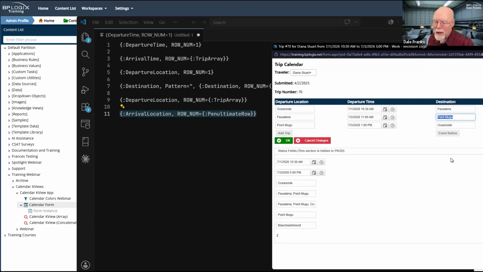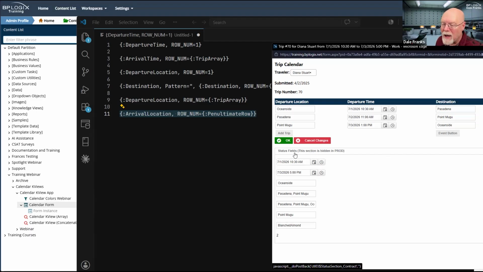The reason I can do that is because I built this calculation row right here on the bottom to tell me what the second to the last row in the array always is. So I always have the ability, without fail, to grab the first, second, and penultimate row anytime that I'm using an array.